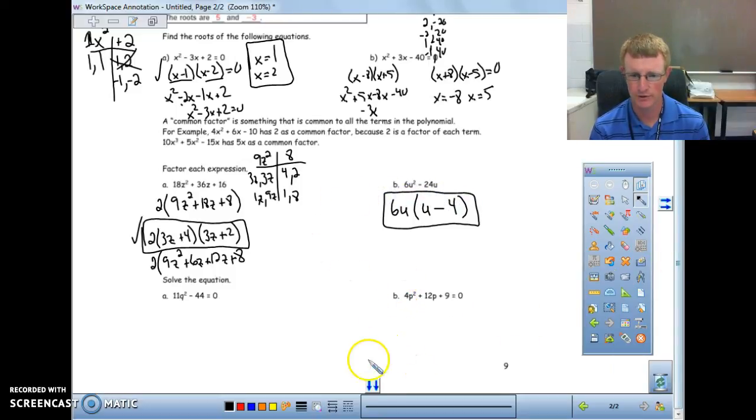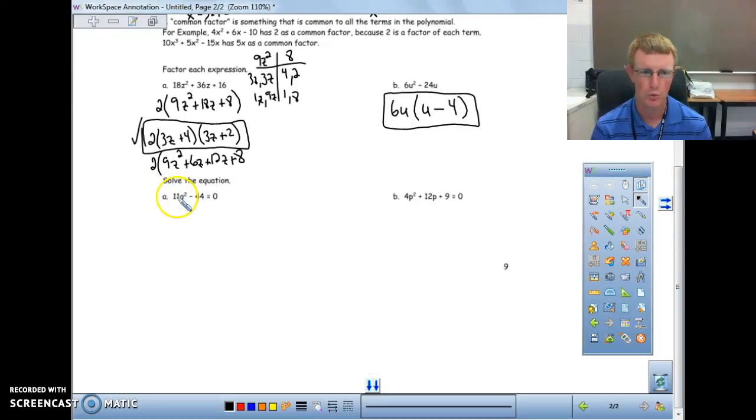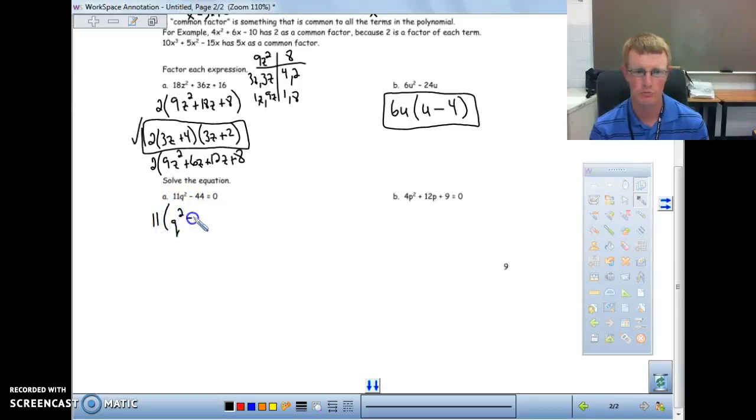Okay, and then this last one, or the last two, we have 11q squared minus 44 equals 0. So now we're solving the equation. First thing, common factor is 11 off of both terms. So we have 11, and then we're left with a q squared minus 4 on the inside. This one is not done, and the reason why this one's not done is because we have a squared. If you notice, this is a difference of squares. So we should have 11, and then we should have q minus 2 and q plus 2